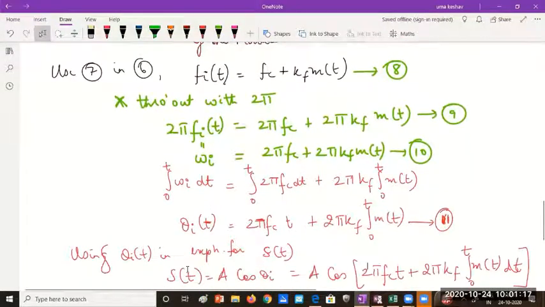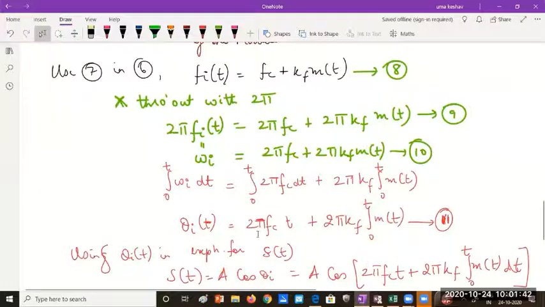The relationship between theta and omega we just showed, that omega is d theta by dt, or theta is integral of omega dt. So omega, when I integrate between 0 to t, this becomes your angle theta i, instantaneous angle,